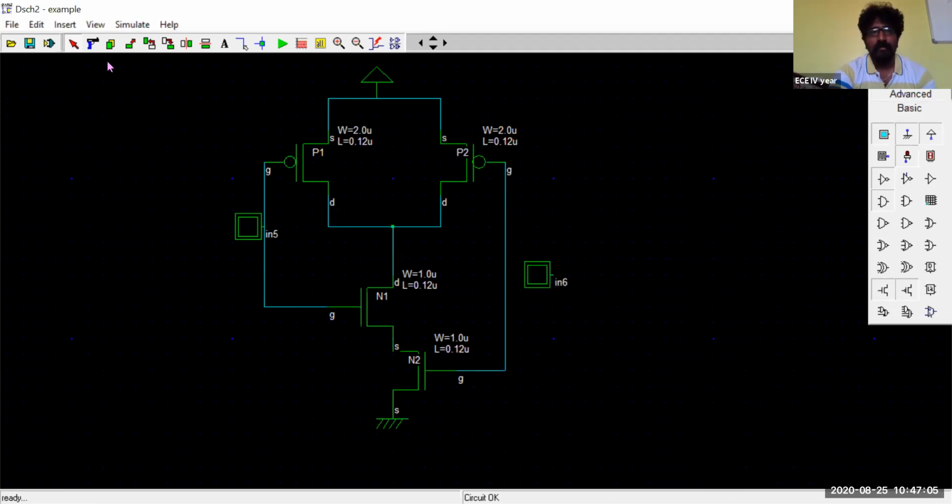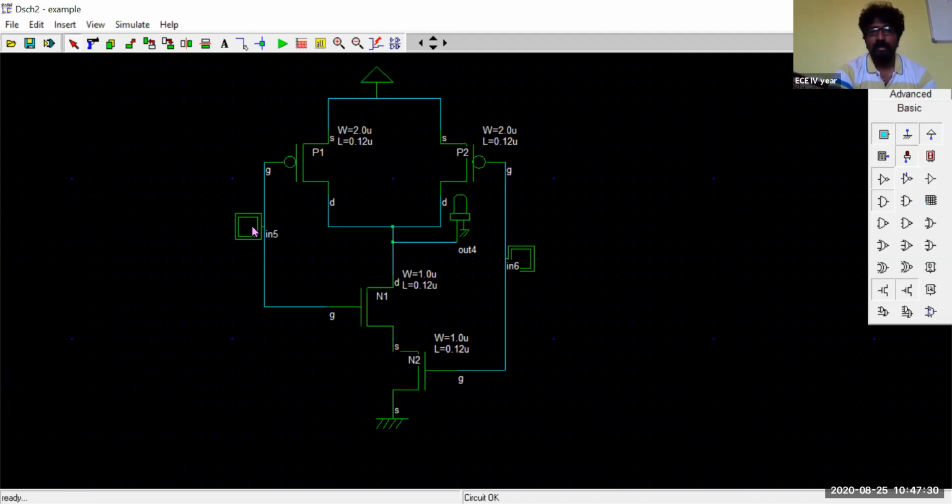You can even flip this one vertically so that you can make the connections like this. And here I need the output. So first I'll add one line at the drain of PMOS and drain of first NMOS, and by using this light or LED, which is used for obtaining the output, I'll make the connection here.